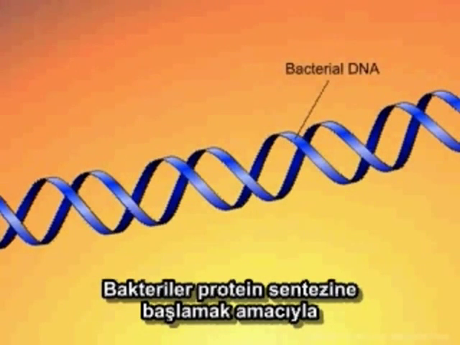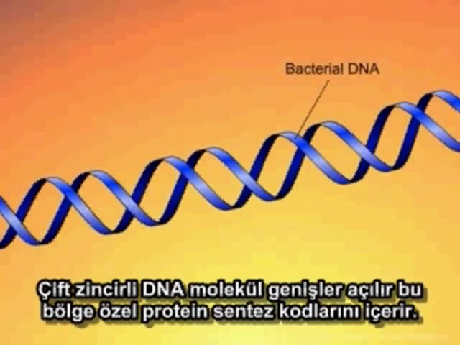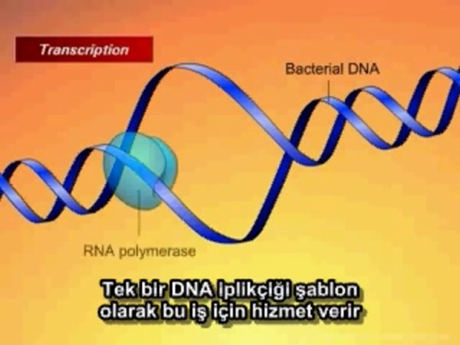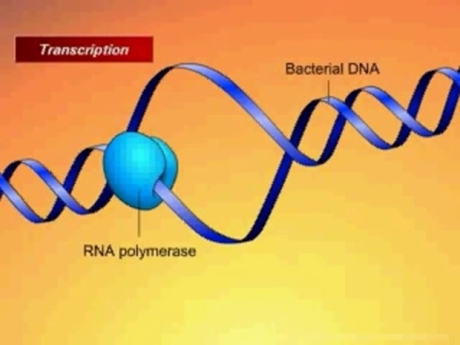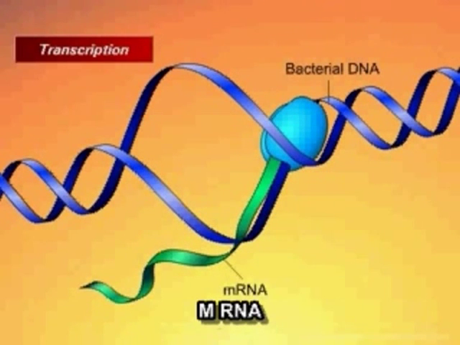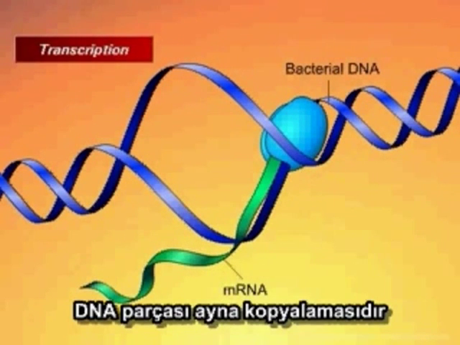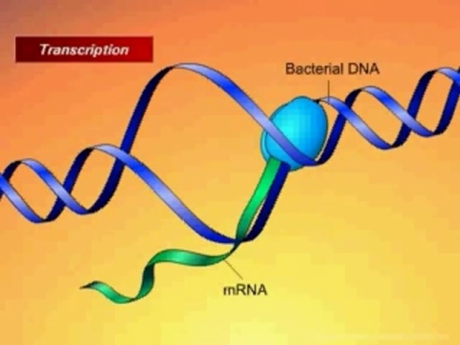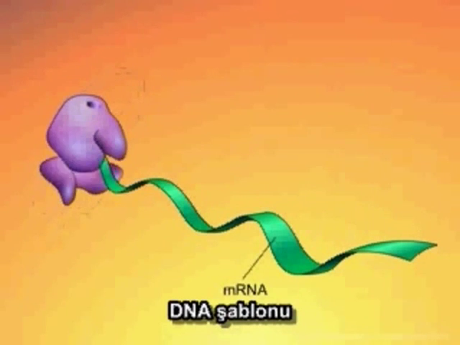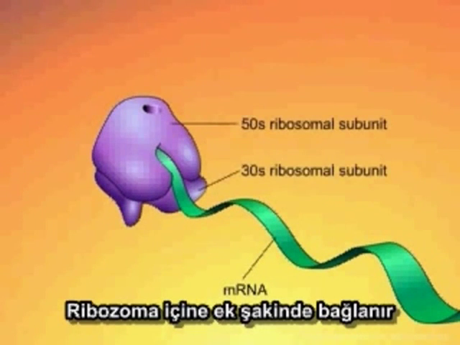In order for the bacteria to begin protein synthesis, the double-stranded DNA molecule must first unwind and separate in the region which codes for the specific protein that is to be made. Only one strand of the DNA serves as a template for this process known as transcription. Transcription results in the formation of messenger RNA, mRNA, which is a mirror copy of the DNA segment. Once the strand of mRNA is complete, it will detach from the DNA template and in turn become attached to